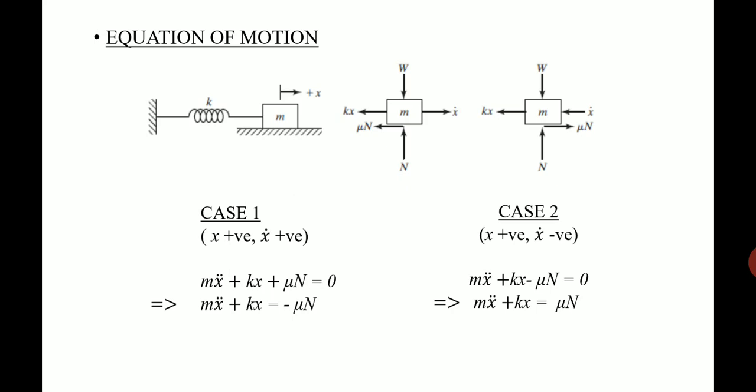In the next case, the second case, you have to understand one thing. When the mass is moving towards the right side from the equilibrium position, the spring is being displaced, or the mass is being displaced towards the right. So the velocity is towards the right. That is the first case which we have seen, when the mass is moving from left side to right side.